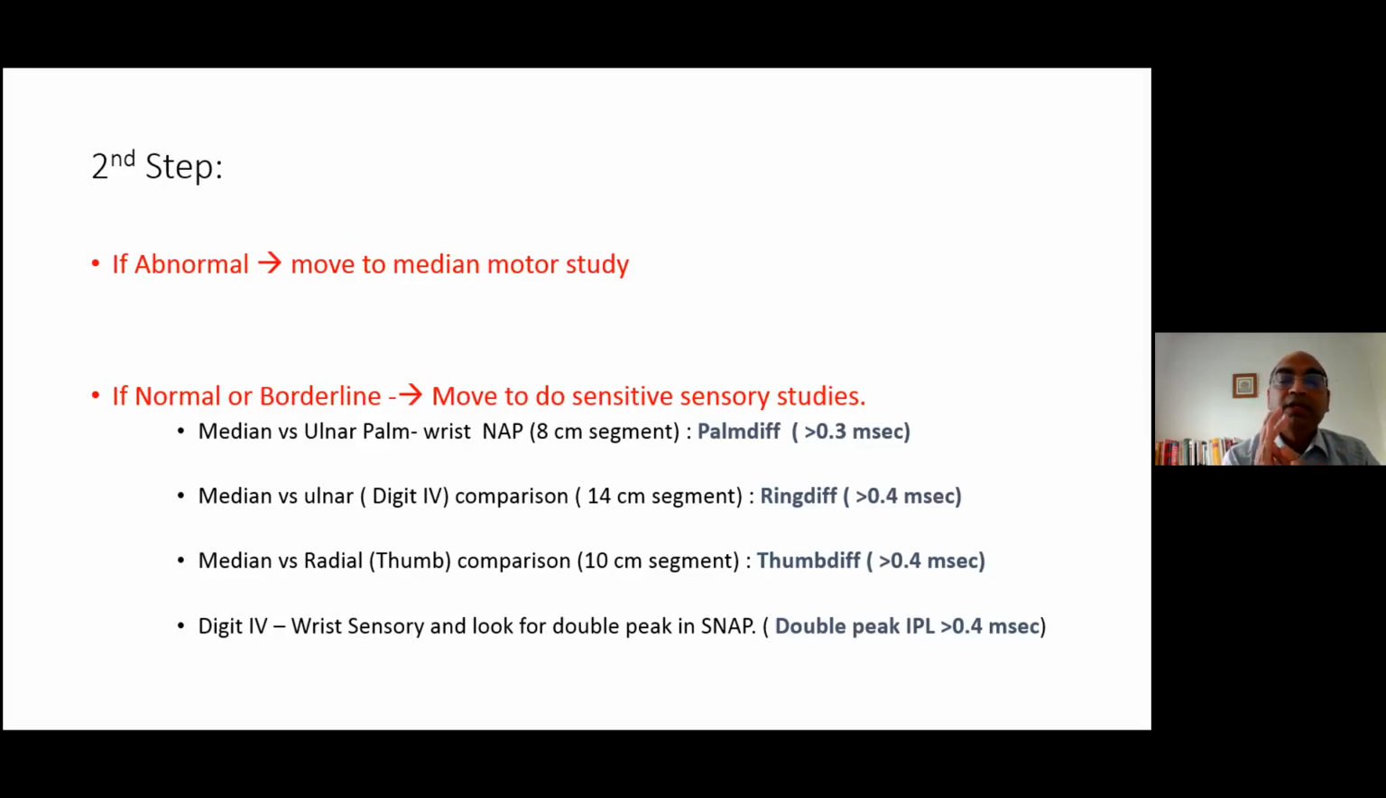I put some pictures for it later on in a 14 centimeter segment, and median and radial comparison in the thumb in a 10 centimeter segment, and stimulating the ring finger and recording from the wrist in between the median and ulnar recording sites. And if you have a good double peak with the peaks separated by more than 0.4 millisecond, you can say that the ring finger median and ulnar fascicles are conducting at a different speed, and the later peak is from the ulnar nerve. So median is much slower than the ulnar. So you can get an impression like that, a double peak in the ring finger with an interpeak latency of more than 0.4 milliseconds. So there are lots of names for this: palm diff, ring diff, and thumb diff for